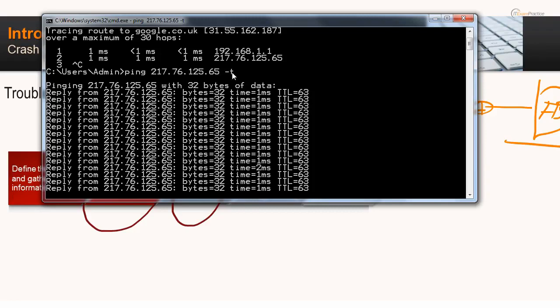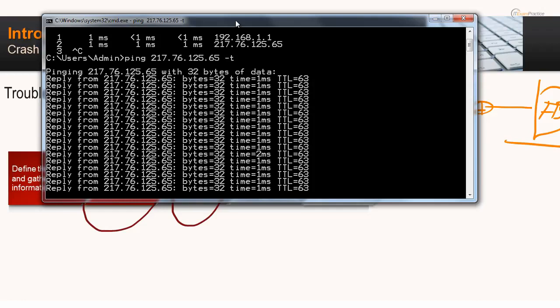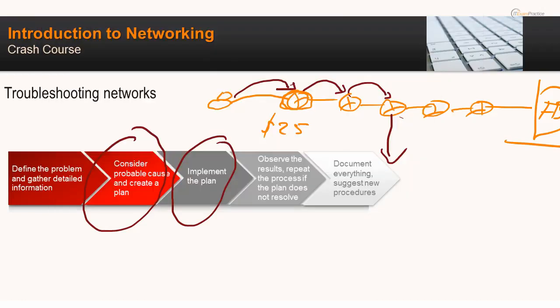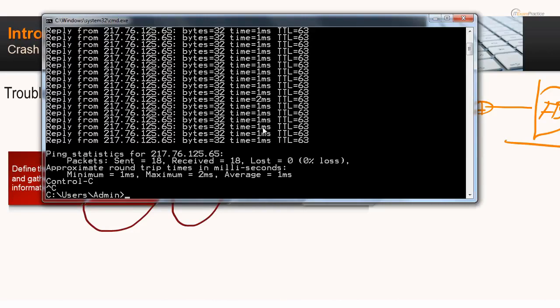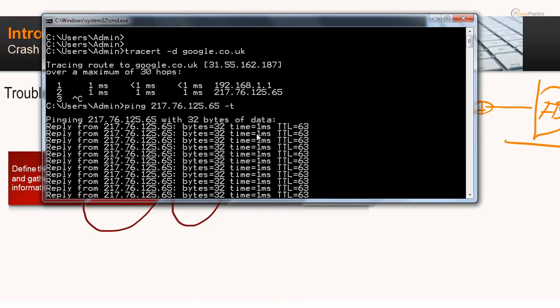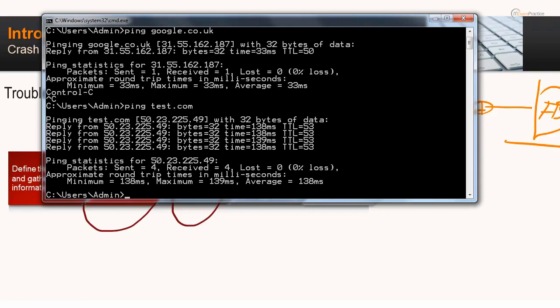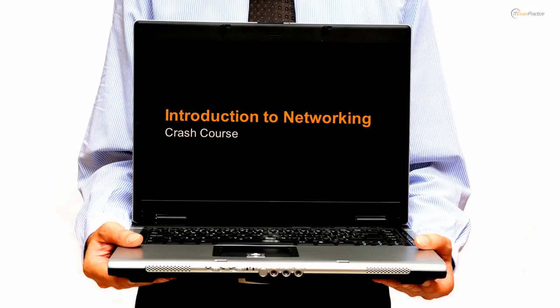what have we found so far? That is point number 4. What have we found so far? We know that we can ping our router and we can ping our ISP, Internet Service Provider, because that is our ISP. It means that in most cases, the issue is beyond our ISP. I hope it makes sense. It will help you